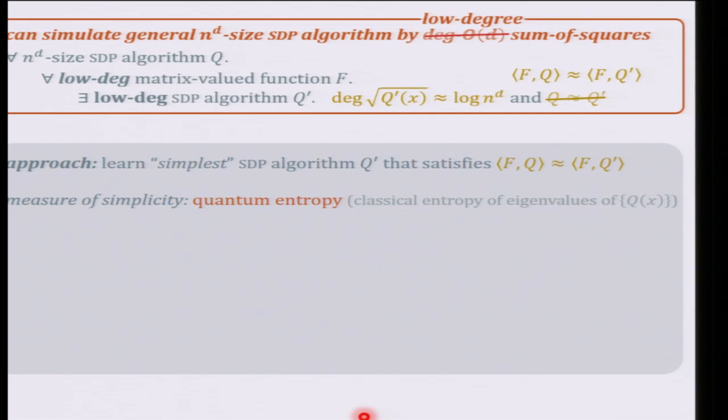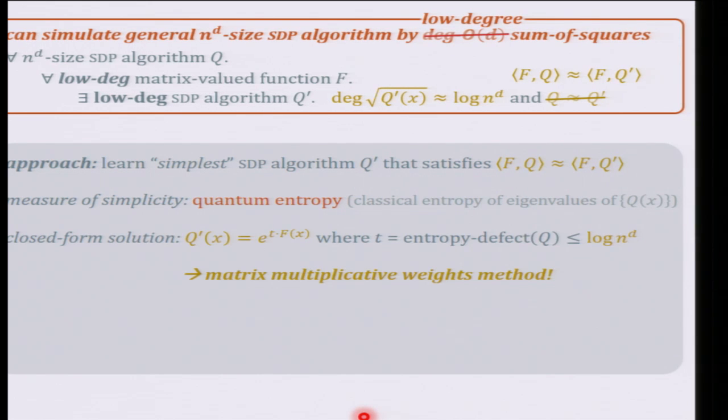And the appropriate notion of entropy turns out to be the von Neumann entropy, which is like a quantum analog of the classical Shannon entropy. And now if you're at this point, you are in pretty good shape, because you now just try to find a matrix valued function q prime that passes the test f and has maximum entropy. So now you have a nice optimization problem, and you can ask about properties that the